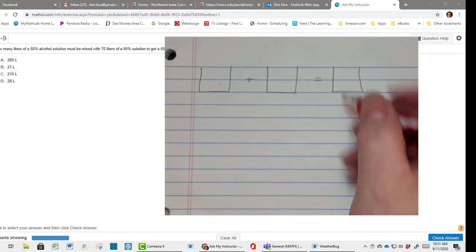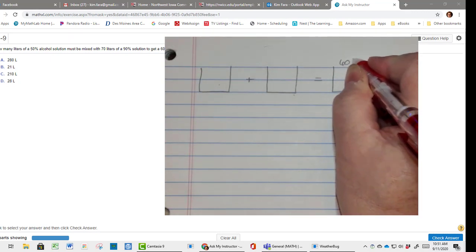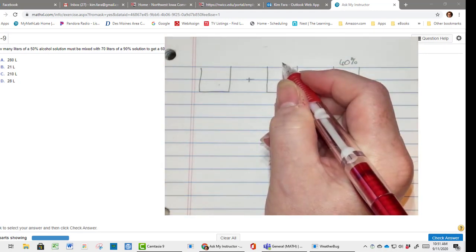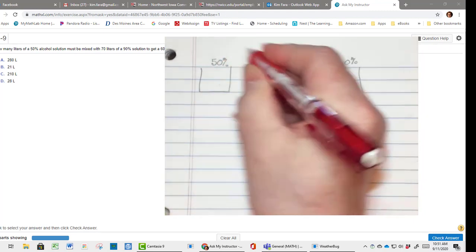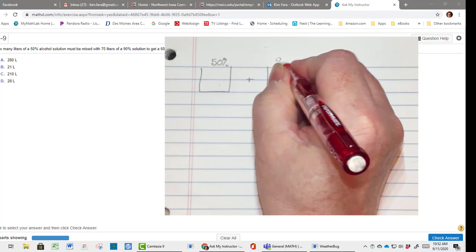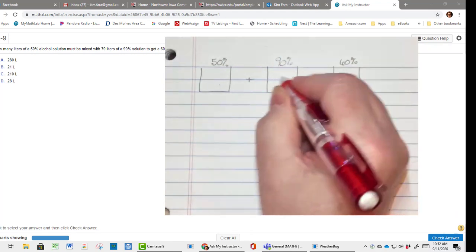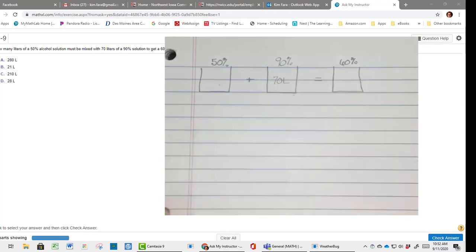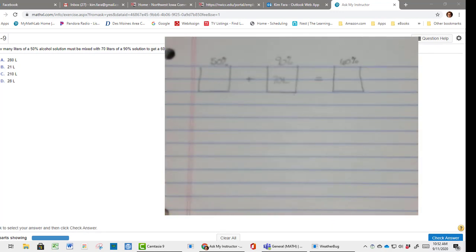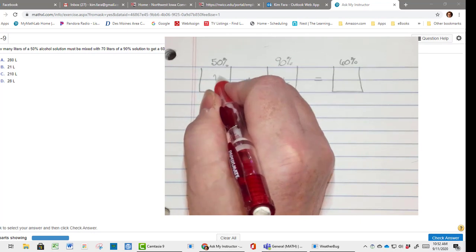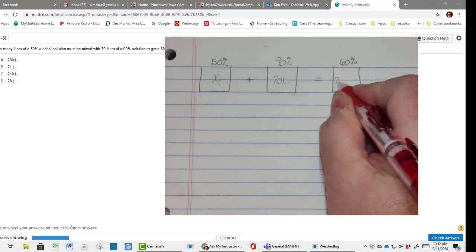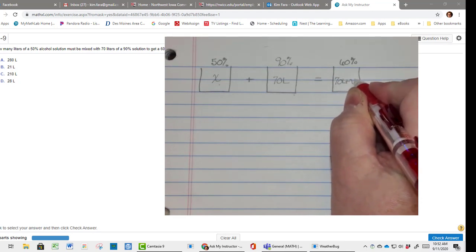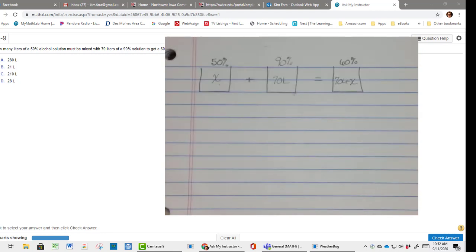Now the last one is, we know we want this to be 60%. We know that we start with a 50% solution and we're going to add a 90% solution. Now they tell us that it's 70 liters of the 90% solution. So what are we going to do? We don't know how much of this, but how much 60% solution are we going to get? We're going to get those 70 liters plus however many we added. Does that make sense? So now we can